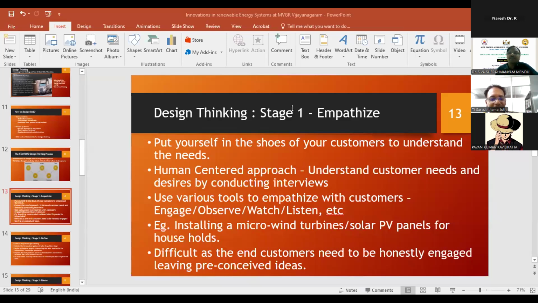Anyhow, this is a new topic to me also, so I'm also in the learning stage. If there are some mistakes, please apologize. It is very much useful to all the participants. This is out of the topics that are generally discussed. Conventionally, we discuss all energy related topics, so I thought I will give this today. Thank you so much, sir. Okay, I'll leave.